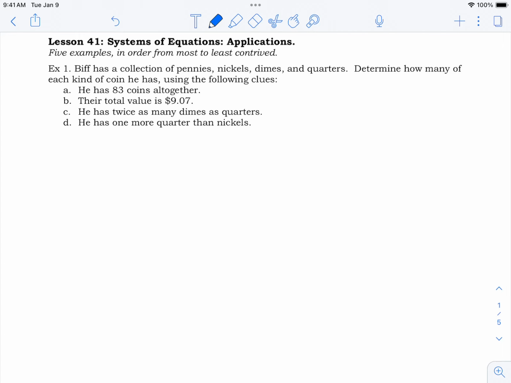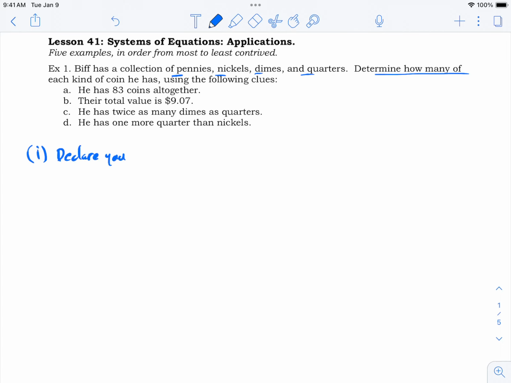So let's see. How does this work? First of all, notice we've got 4 things we're trying to solve for. We're trying to figure out pennies, nickels, dimes, quarters, how many of each? That's what we want to know. So the first thing we should always do, and I'm doing this before I even read the rest of the problem, step 1 is always declare